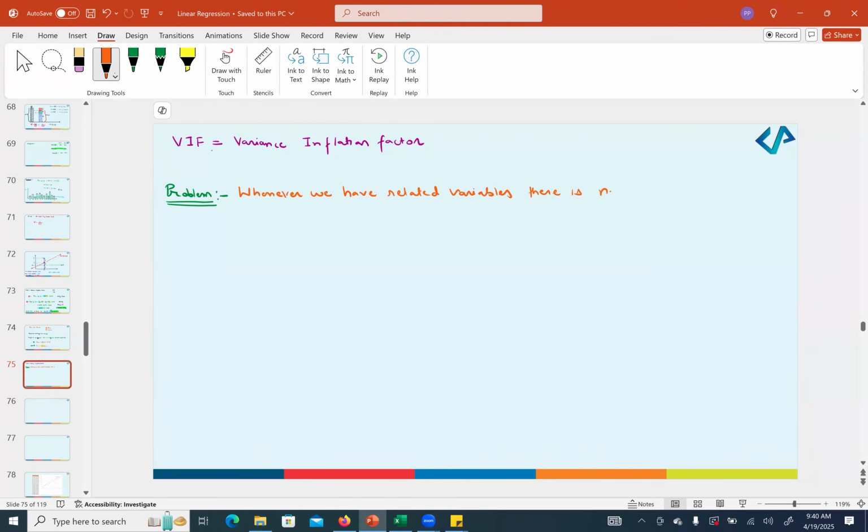there is no impact on model accuracy. But the coefficients of the variables become inaccurate. What is the meaning of this? Let's say you are trying to make a model